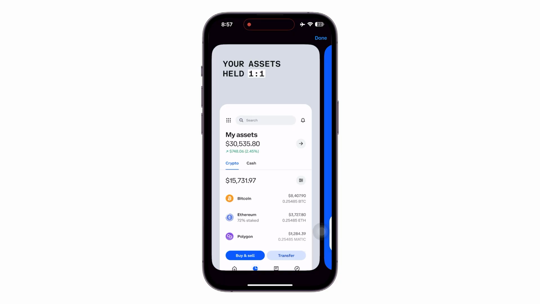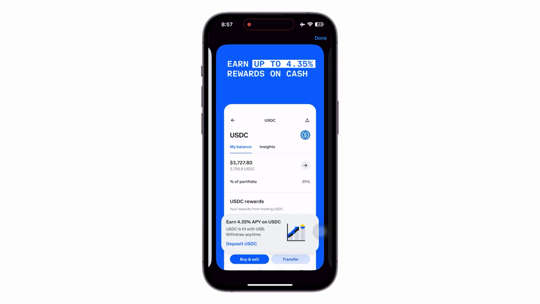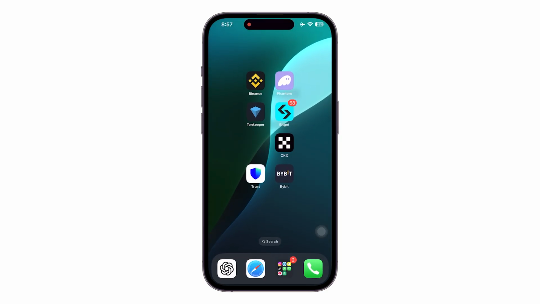Let's just say you do not have your application of Coinbase, you're going to be installing it. So let me search in here for Coinbase, and just like that. Once you simply sign into your account on Coinbase, you should have your assets showing up, so you can easily send it. So you can see this is the transfer and trade showing up, and you can head over to your assets just like that, click on this buy and sell option or transfer, and there you need to be putting your address that we just copied, and that's how you can transfer Solana from Coinbase to Phantom